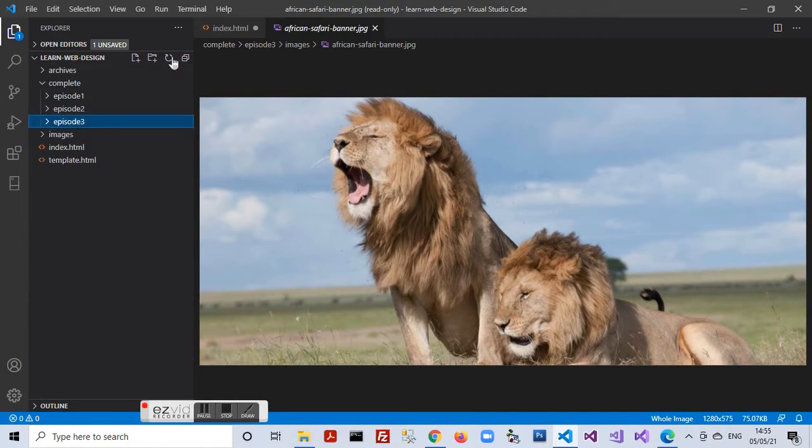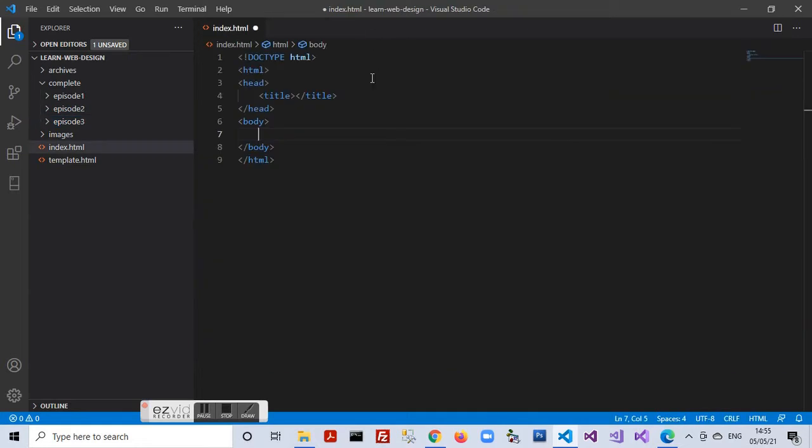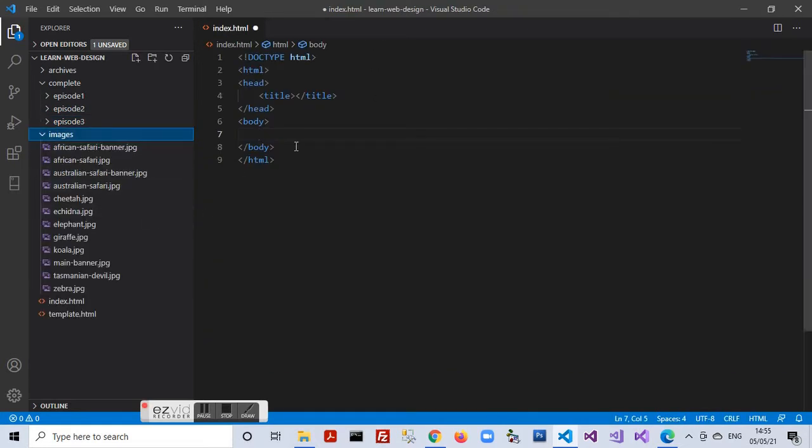Now within my HTML document, I can refer to any of the images in the images folder by using an image tag. So let's do it. First of all, I have a paragraph element. Within the paragraph element, I'll enclose an image tag which starts with img. The image tag has two important attributes. One is the source attribute, which specifies the image required to be displayed.